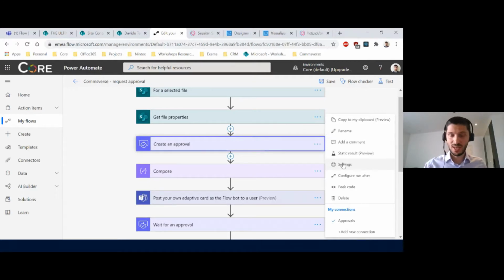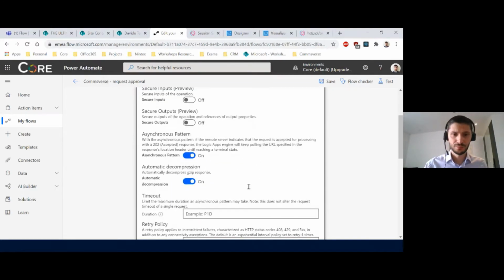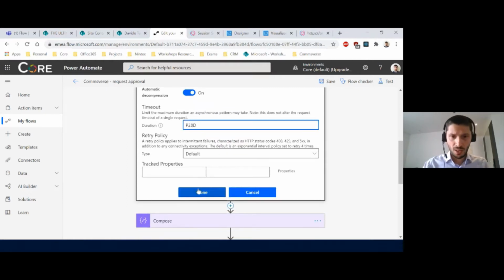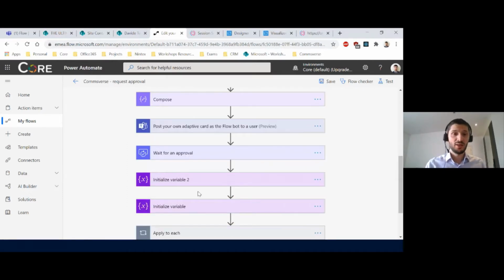timeout. So if we go in the settings of the action, we can specify a timeout using this syntax, using the ISO 8601 format, and specify, for example, that this request will time out in 7 days. So this basically says period 7 days, or period, let's say, 28 days, 4 weeks. What we can do then to mitigate the issue, rather than letting the workflow expire, we can